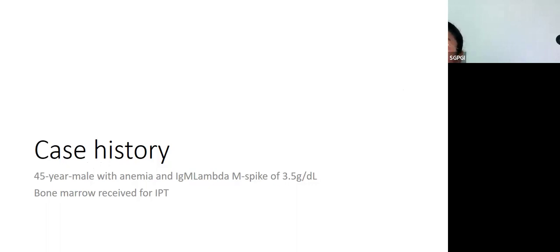So here, what is the M spike? IgM lambda, right? So Waldenstrom's macroglobulinemia would be a more likely differential. It is not that IgM myelomas cannot exist, but just by going by the frequency, very likely we will have Waldenstrom's on our hands. So we did this LST tube, and in this tube, CD19 and TCR gamma delta are